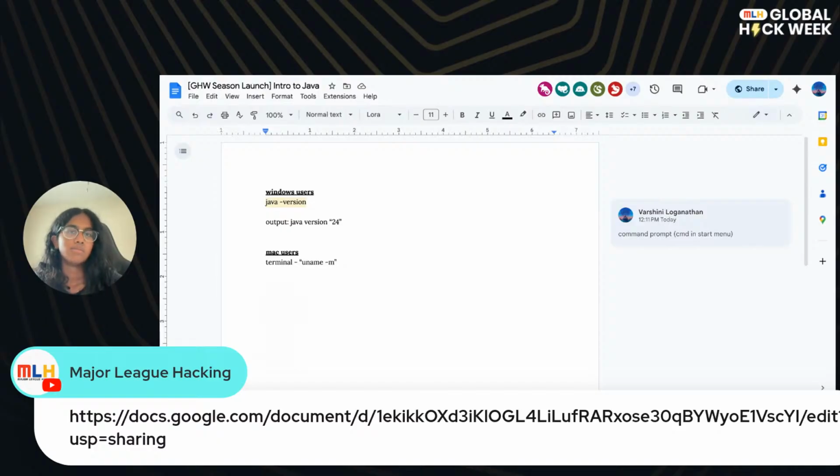Based on that, go back to the website and click on macOS. If you have an Intel, that's going to be the x86_64 version, you're going to want to download the x64 DMG installer.